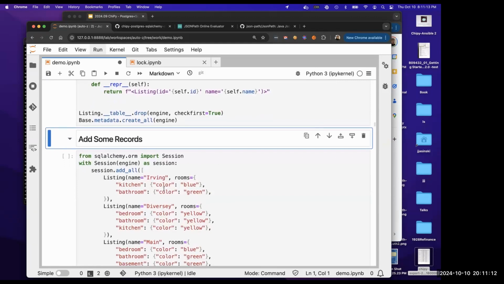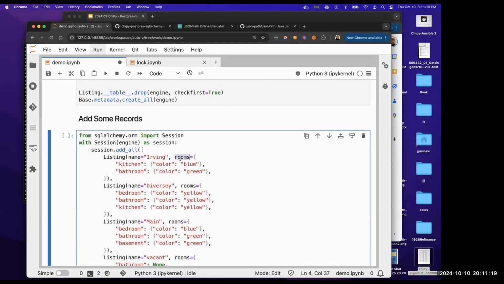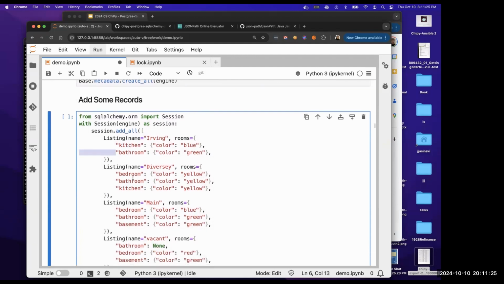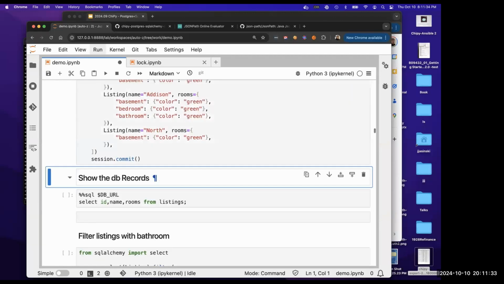And now I'm going to create a few more listing objects, and I'm going to define a few rooms for each, a rooms property that I pass in for like kitchen, color equals blue, bathroom, color equals green, and so on and so forth. You could put whatever you want in here, but for this example, I'm just going to use colors for simplicity. So if I run this,